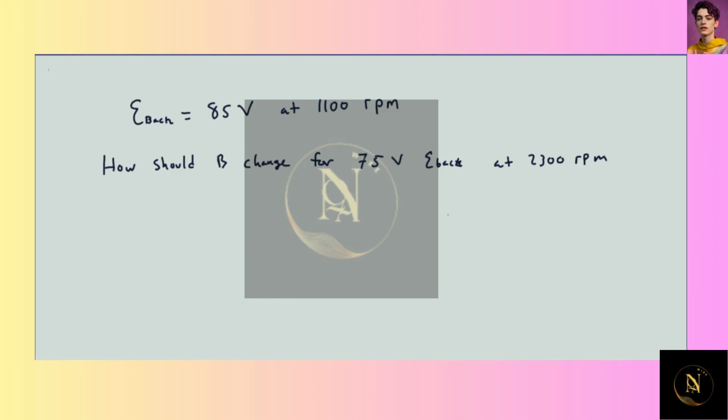So the back EMF in a motor is 85 volts when the motor is operating at 1100 rotations per minute. We want to change the motor's magnetic field such that it has a back EMF of 75 volts when the motor is running at 2300 RPM. So the first thing we should note is that the back EMF